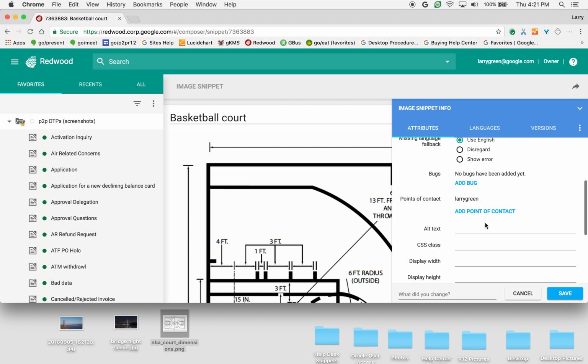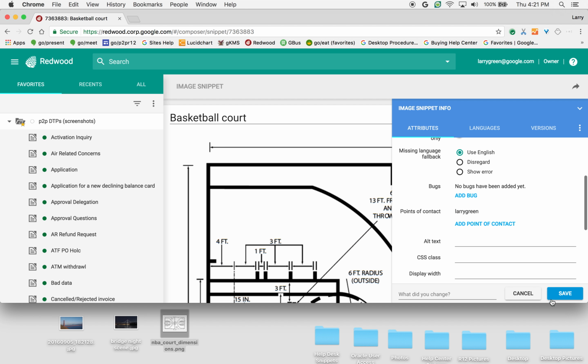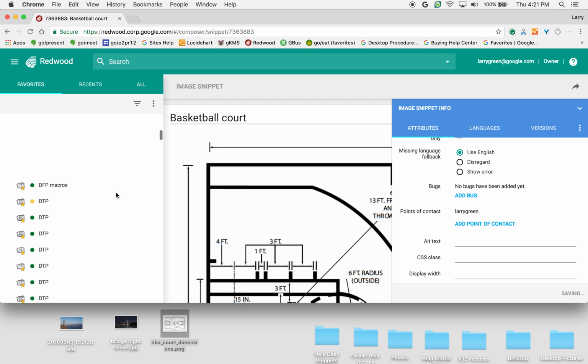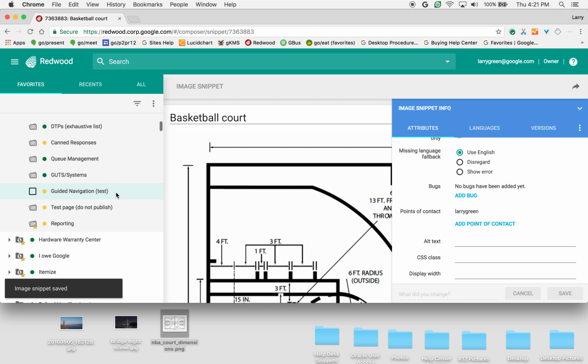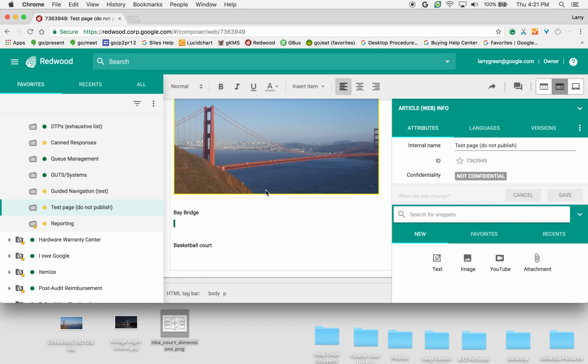Again, I can play with the sizing if I wanted to at a different time. Approved, save. While that's saving, I'm going to go ahead and scroll on up to my test page. This image is saved. Go back to my test page